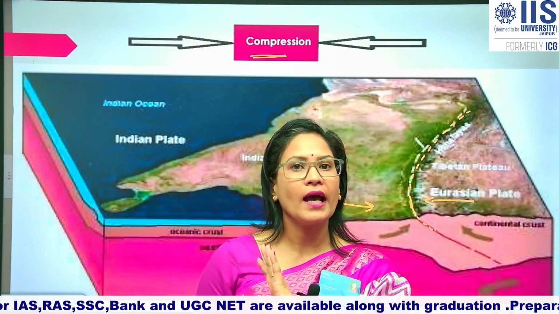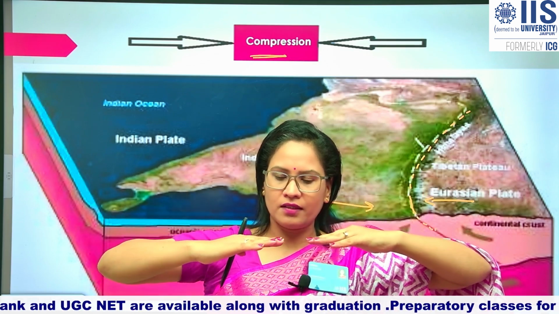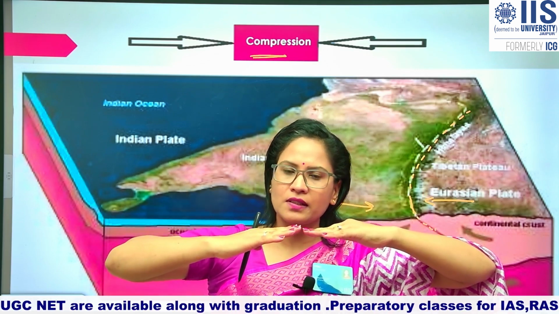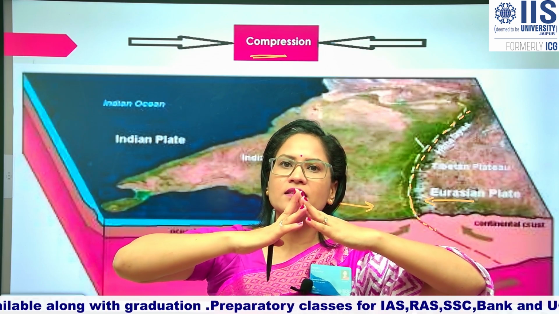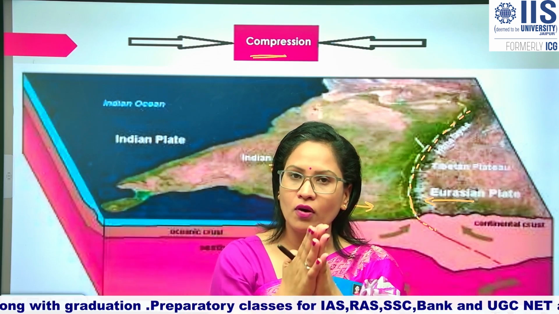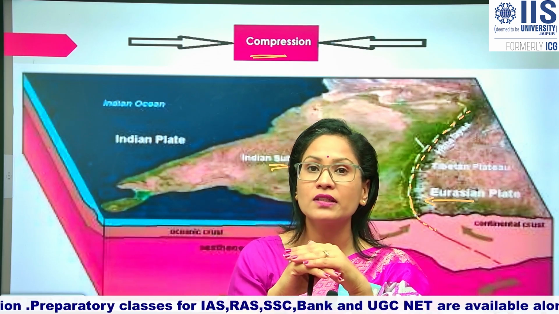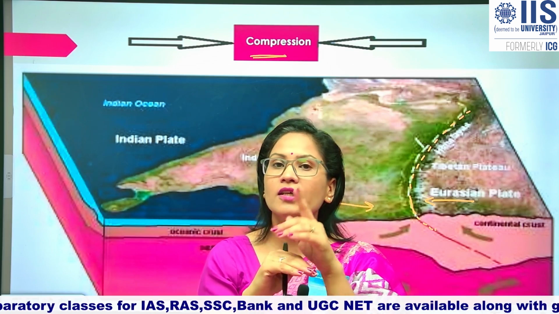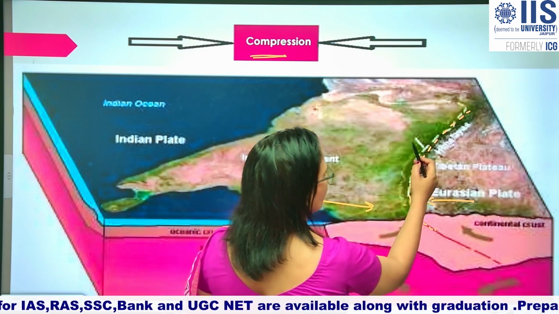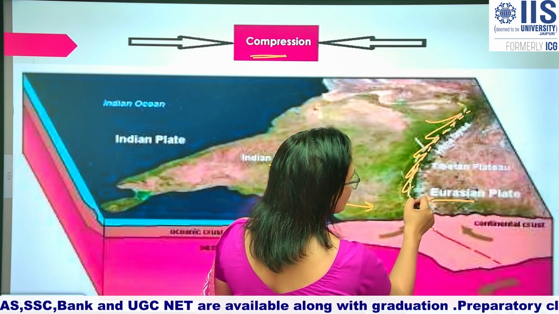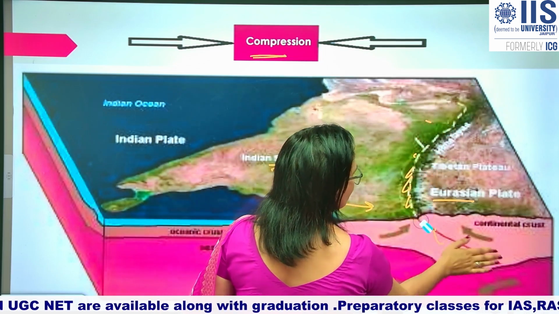Now, what happened in that region? The Indian plate and the Eurasian plate are moving towards each other, right? If the horizontal compression force is continuous, then what will happen? It rises upwards. And because this activity happens on the earth or the land surface, it will be known as upliftment, not emergence. It will be known as upliftment. So, upliftment of what? This part. And if you can see it, this is the Himalayan region.